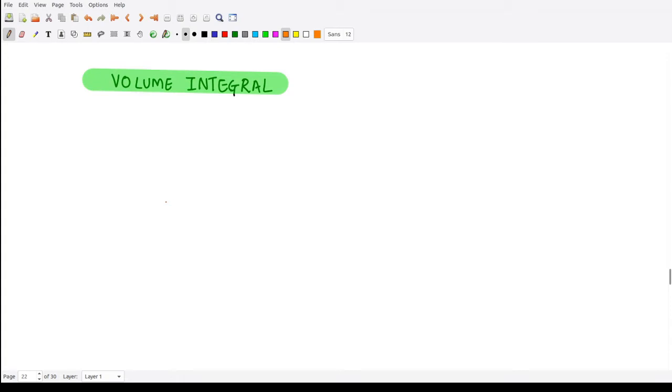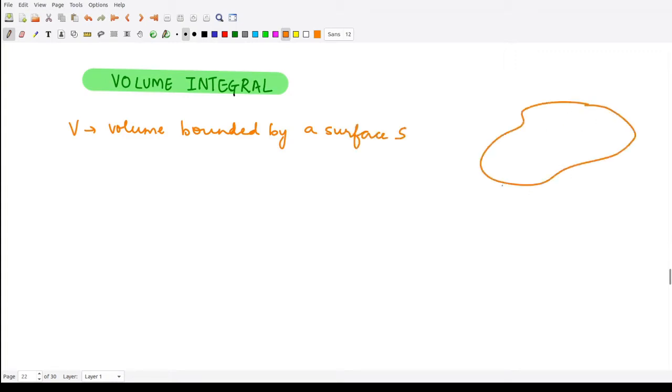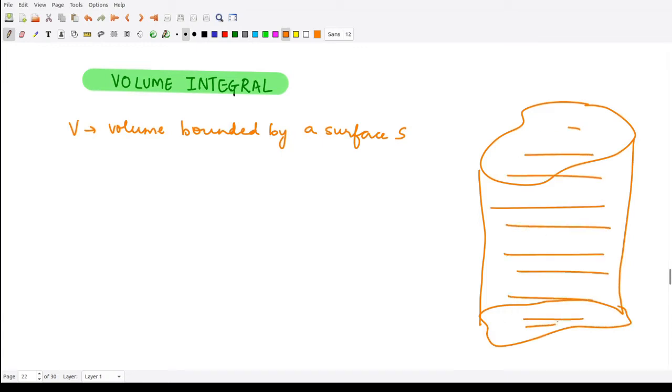Here I am defining V as the volume which is bounded by a surface S. So suppose you have some surface like this. Whatever is the volume bounded by this particular surface, we are calling it V, and this surface we are calling S,